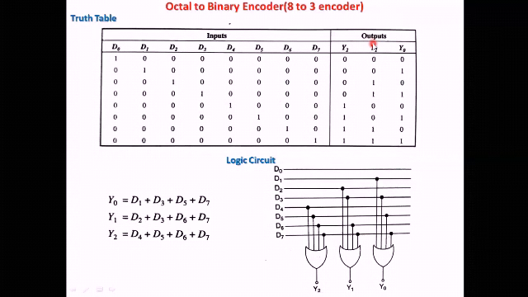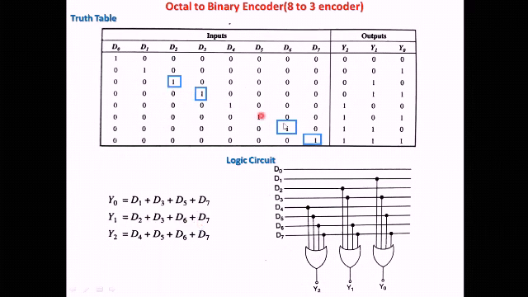Now this is Y1. Again let us mark where it is 1. This is 1, which means D2 is 1. Similarly, here D3 is 1. This is 1 here, so it corresponds to D3. Similarly this one is D6 and next is D7. So you can say that Y1 must be 1 whenever the inputs D2 or D3 or D6 or D7 are equal to high or 1. So you can write the equation like this: Y1 is equal to D2 plus D3 plus D6 plus D7.